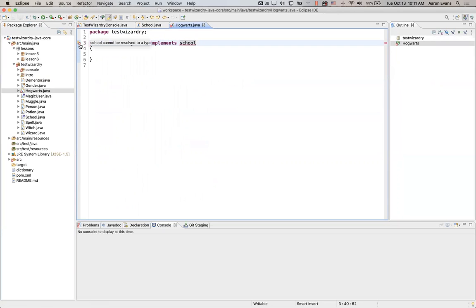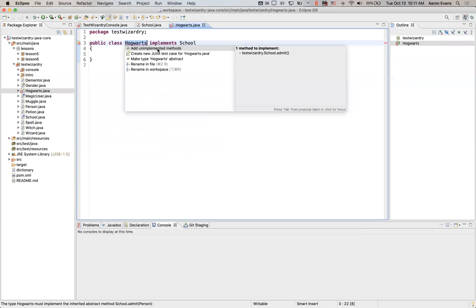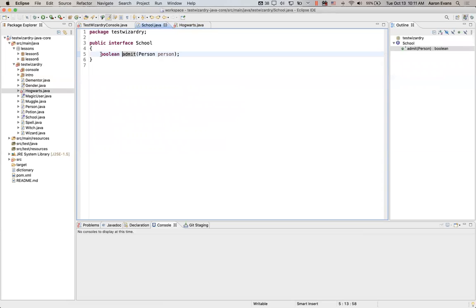And now this is going to tell us School cannot be resolved to. Oh, well, that's because it's not capitalized. Now it's going to tell us to add unimplemented methods. Well, there's one method in School. Now it just has this semicolon on the end. There's no